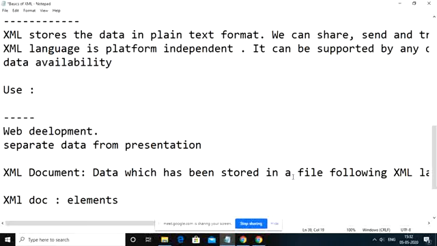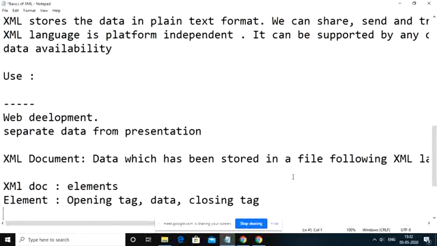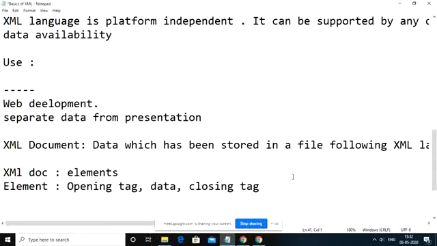So like HTML language, in case of XML also, the entire data we represent only with the help of elements. An element is nothing but an opening tag, some data or text, and at the same time a closing tag. Whatever opening tag and closing tag you see here will be created by the user himself. We don't have any predefined tags. Whatever tags you want, you create yourself. You can give any names for your tags here.